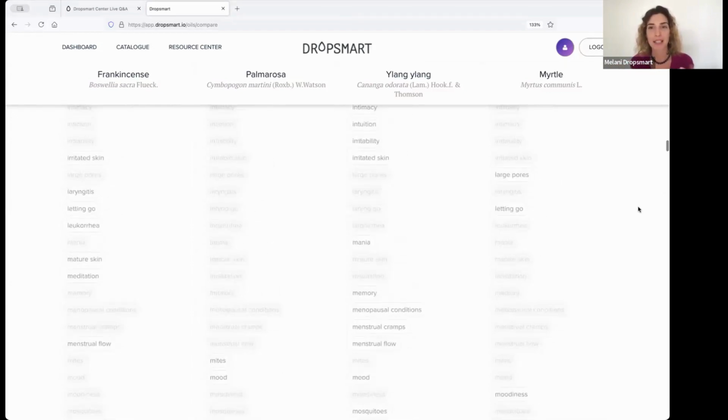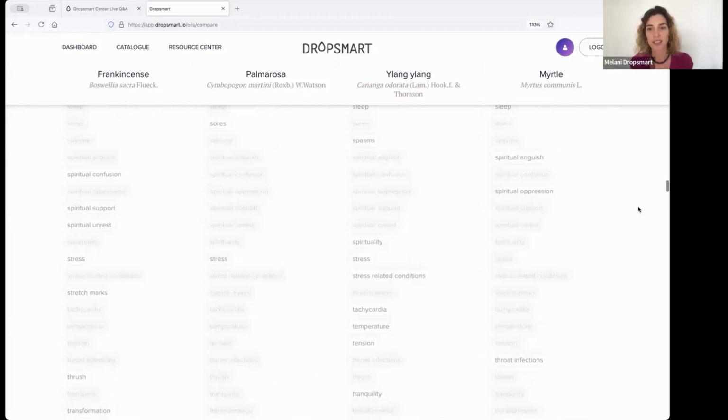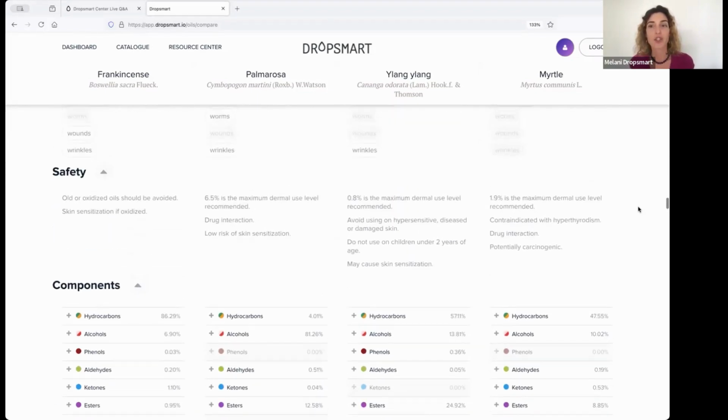Definitely come back, scroll down to the safety. This is a long list. So that might be the turning point. Ylang ylang is great, but you know what? I have a little kid that I breastfeed. So if I rub it on my chest, it might not be good because it's not really for children under 2 years of age. So then ylang ylang is not the oil for me. It's going to go in, it's too close to their nose, for example. Or, you see,